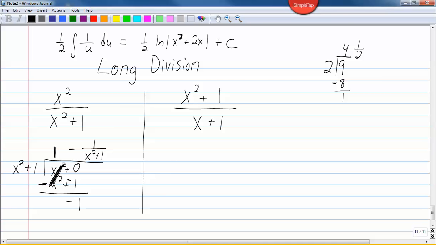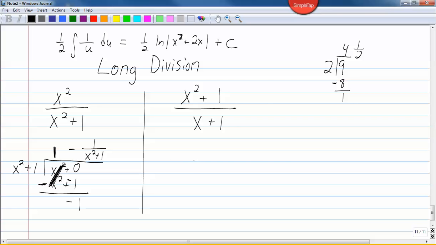So we do need to know how to divide these expressions. Didn't explain this one in the video, but that's okay. You can look back at that one. Let's do this one here. Why do we want to divide? Because if the power in the numerator and denominator is the same, or the power in the numerator is higher than the denominator, then it's not a natural log integral. And so we need to rewrite this